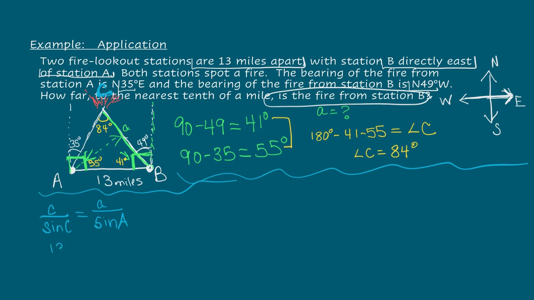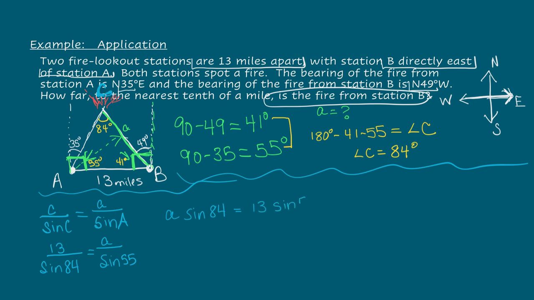So 13 over, we know side C is 13, over sine 84 equals A, we don't know A, over sine 55. And then we're going to cross multiply, and we're going to get A sine 84 equals 13